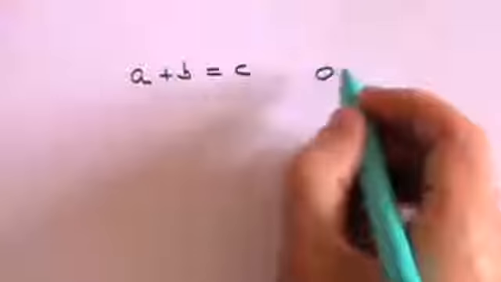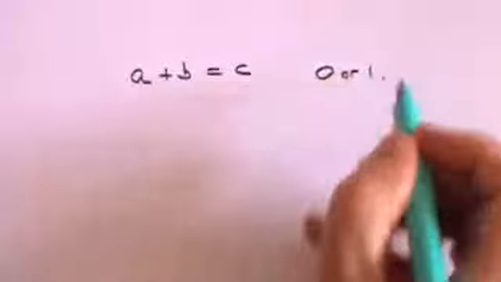Now I'll just give you an illustration of how you can use these devices to build a very, very simple computer. Suppose we wanted a computer that would enable us to solve the equation A plus B equals C. And we're going to be very simple here because the only values that you can have for A and B will be 0 or 1. So A and B can be 0 or 1, which means that the value of C can either be 0,